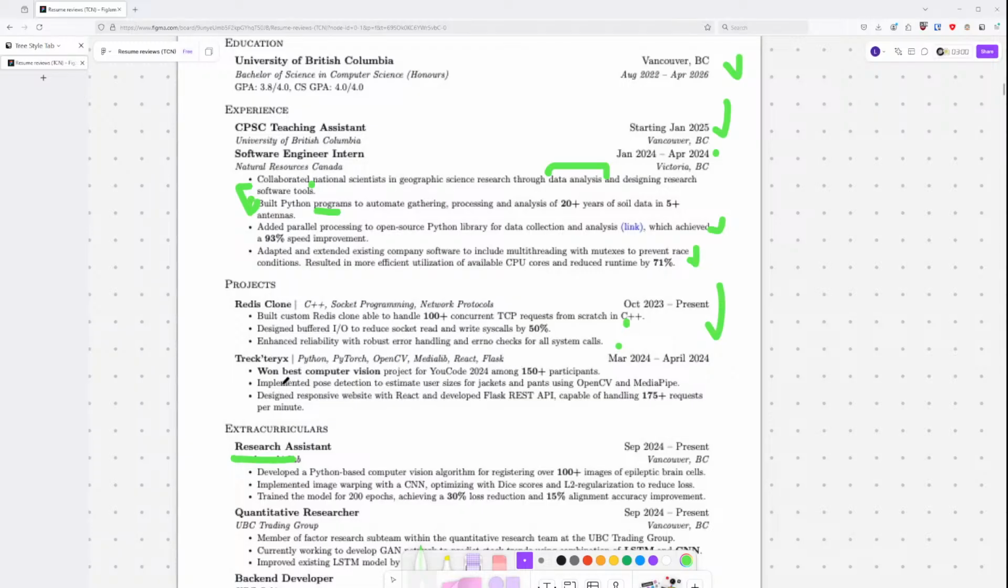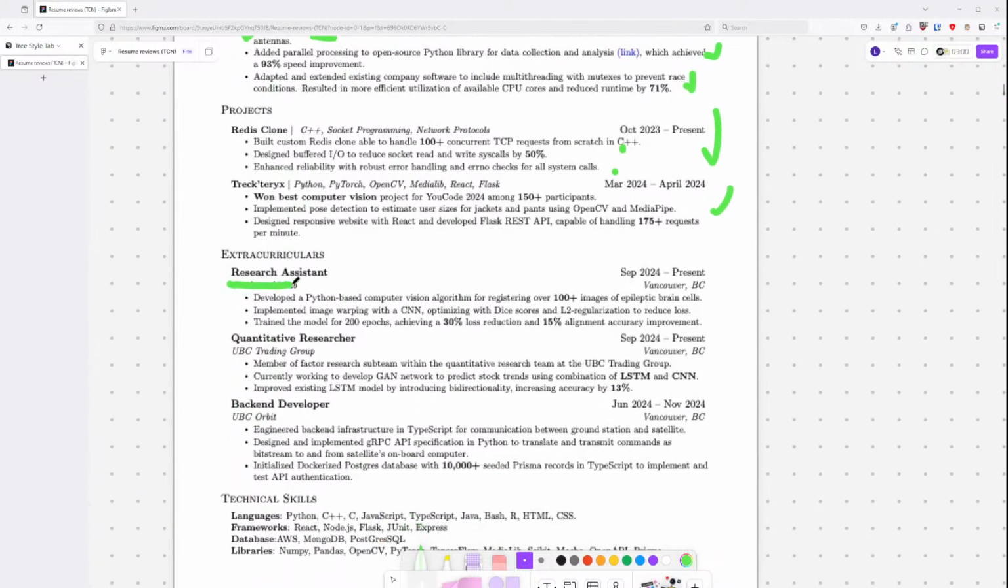I'm assuming it's a hackathon. I don't know what that is. Implemented post action. This been used drag size. Blah blah. Okay, great. Okay, RA. That's go reduce loss, 200 epochs, 30% loss. Develop Python-based computer vision auto registering 100